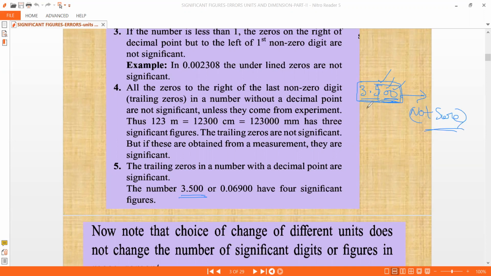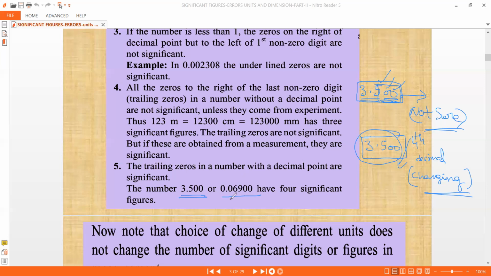If I take the measurement any number of times, it doesn't matter, I am going to get this value up to this. It is the 4th decimal that is fluctuating, and up to 3 decimals, it is not fluctuating. So I can say that this contains 4 significant figures. So that is the idea.